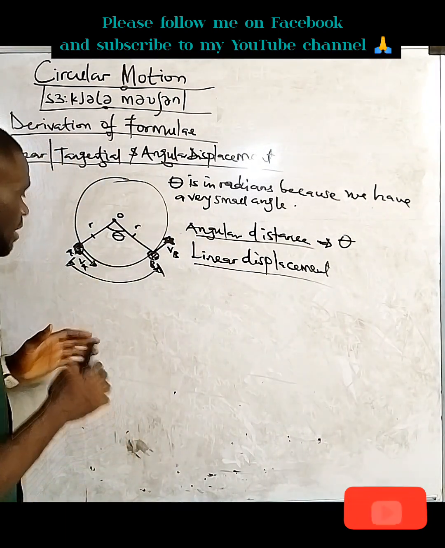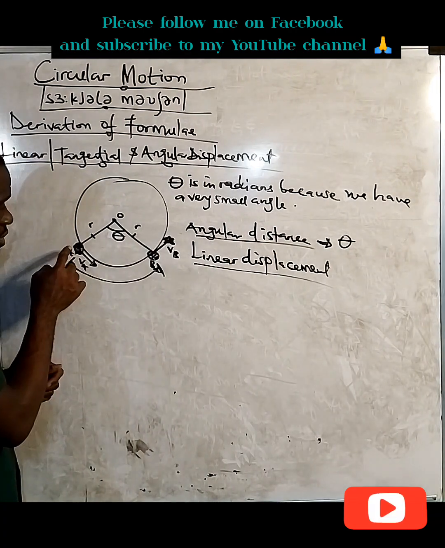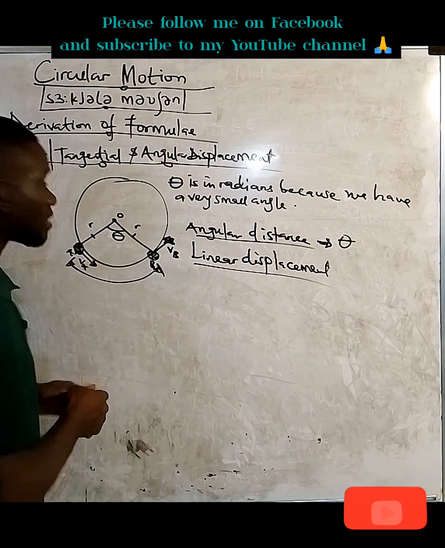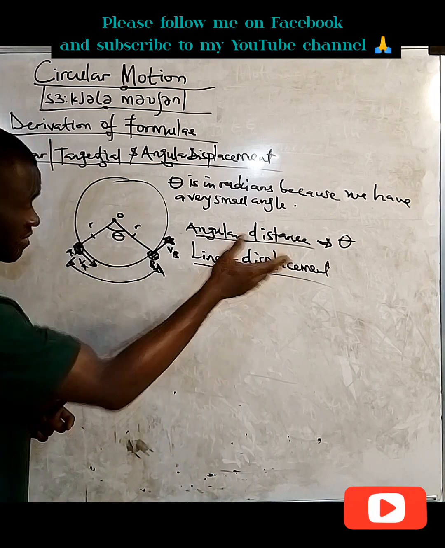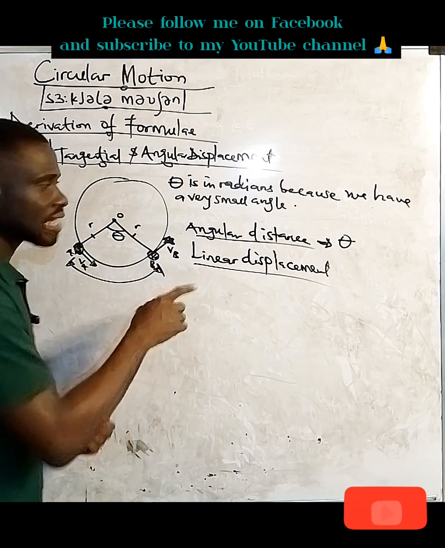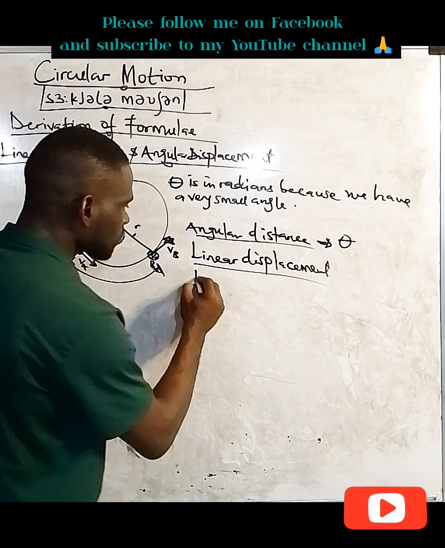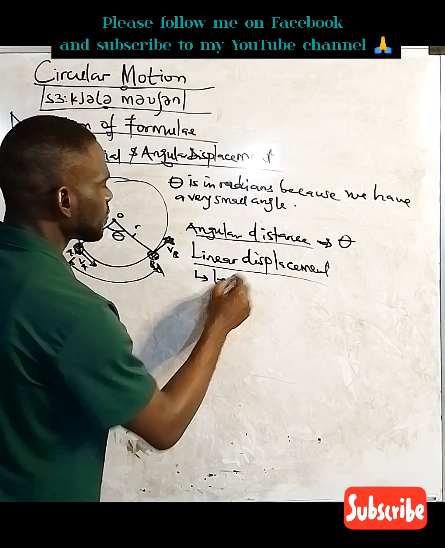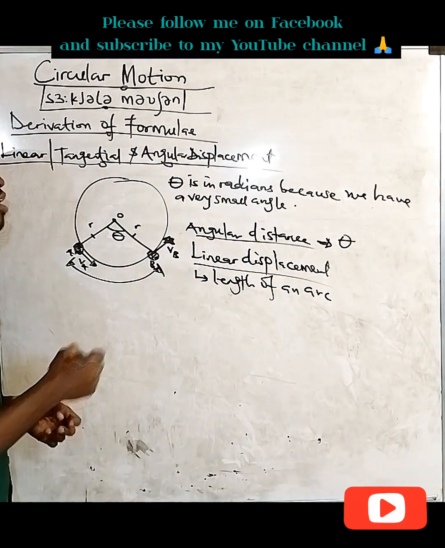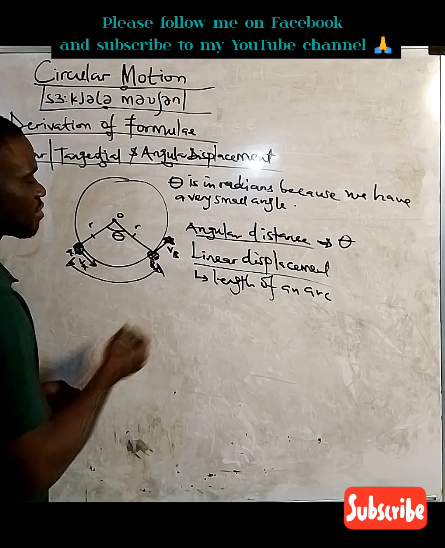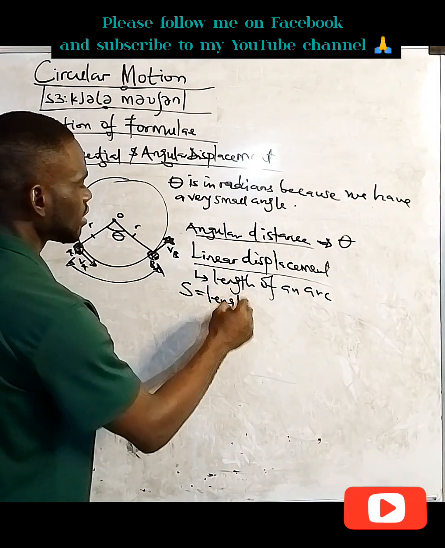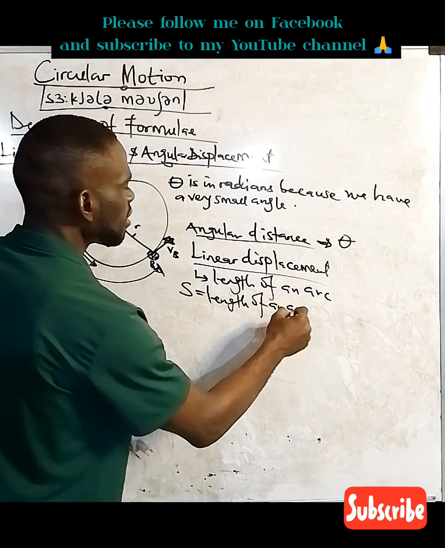So the linear displacement or the tangential displacement is simply the distance from this very spot to this very spot here. Unlike the angular displacement or the angular distance, which is theta, because you're talking about a very small angle. So the linear displacement is equal to the length of an arc. If the linear displacement, which you're going to represent using S, is the length of an arc,